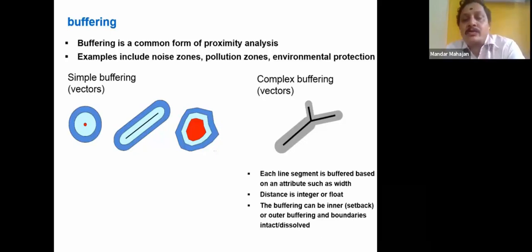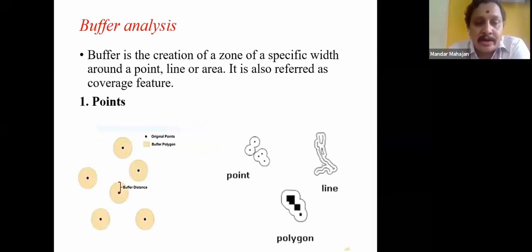For example, if water is released from the dam, the nearby locations and areas, how much area gets flooded, so that rehabilitation should take place. That is near the surrounding village. We assign around that village, let us say, a 2-kilometer area. So what is likely to get affected? This is possible for the analysis, and this is called buffer analysis, that is the proximity analysis. This is also possible with a point, whether a single dot or a combination of a number of points, then line and polygon.